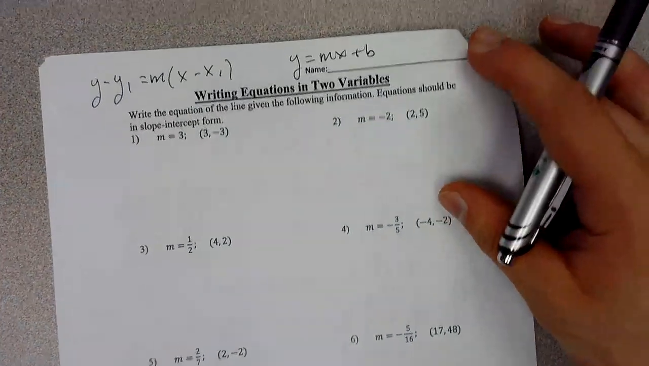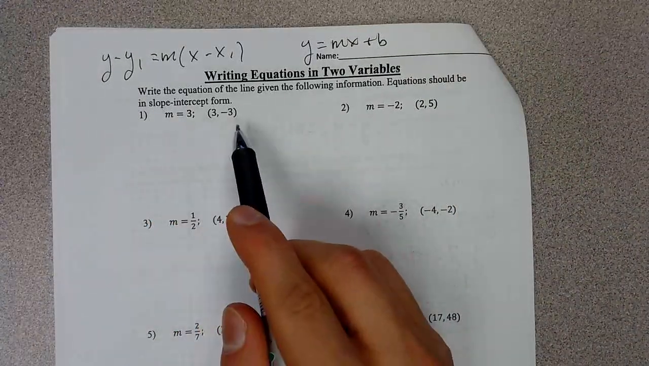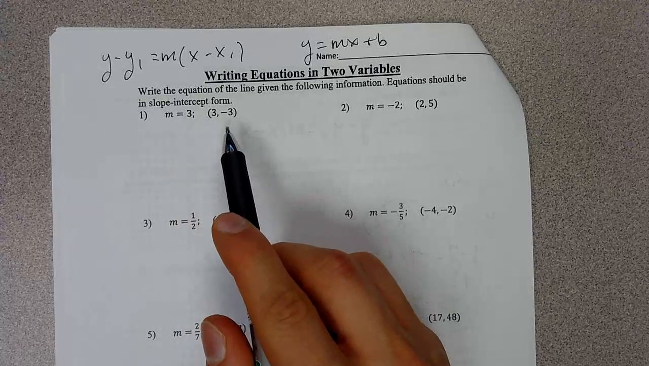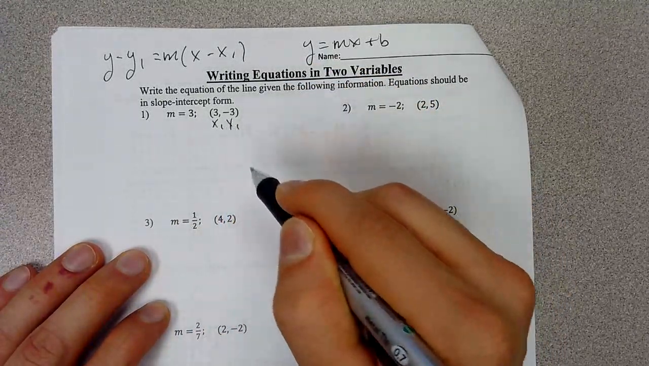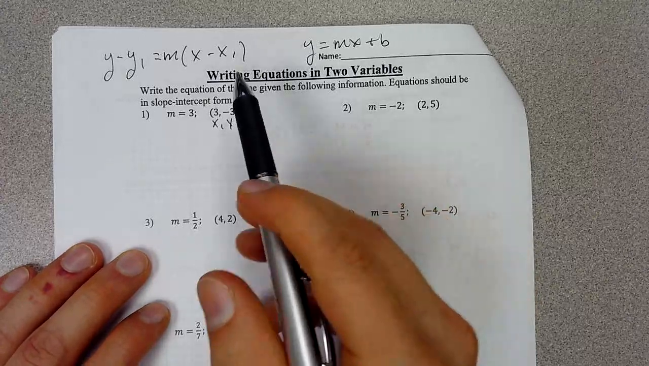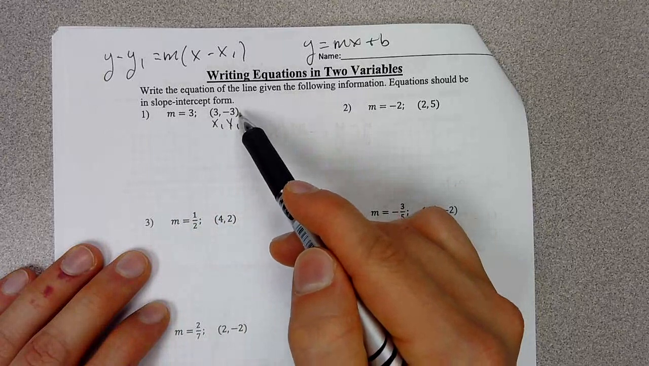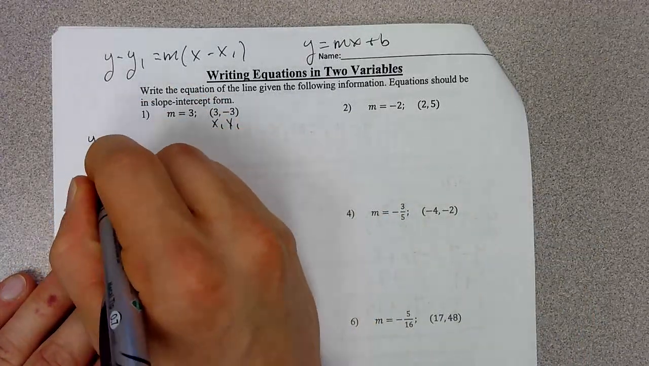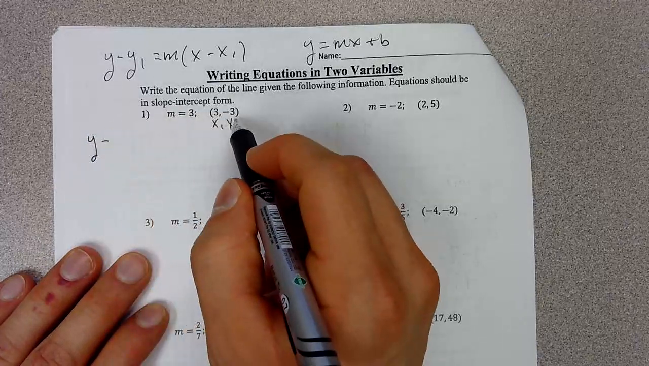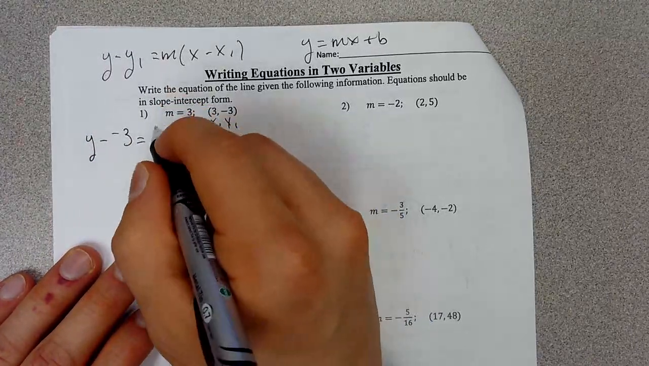But I'll walk you through the first one, where it says m is 3, so our slope is 3, and the point is (3, negative 3). That's a point, so that's something we can label as x1, y1. And using our point-slope form, I know a point, I know a slope, let's plug in. So y minus y1, which is negative 3, equals m, which is 3, so let's bring that down,